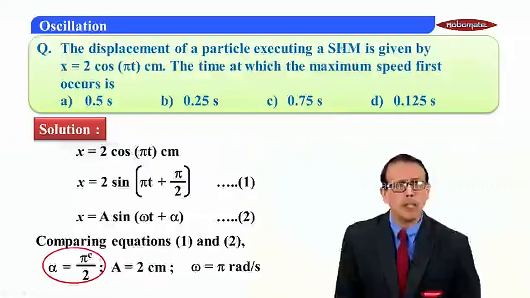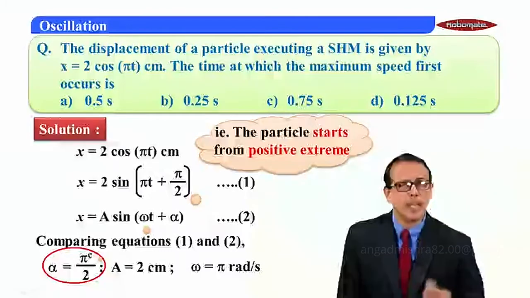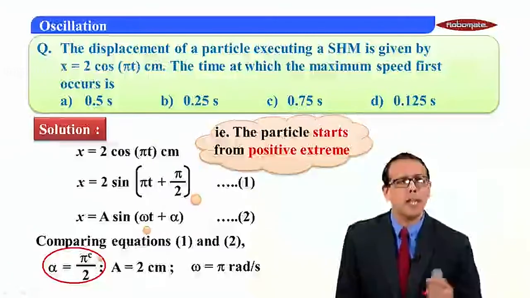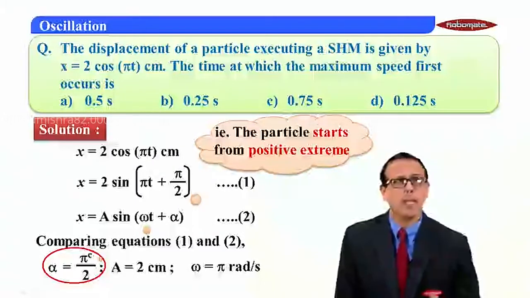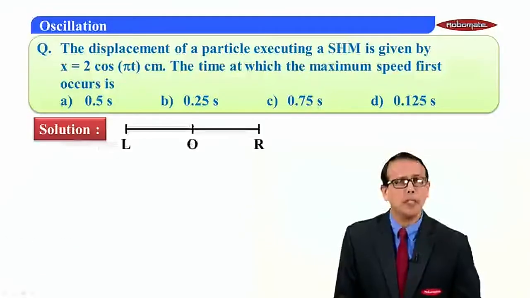Students, let's focus our attention on the value of α. α is π/2 indicates that the particle starts from positive extreme. That means at t = 0, the particle is at positive extreme. Let's visualize it. Let's consider a straight line path, and we know just now the particle is at positive